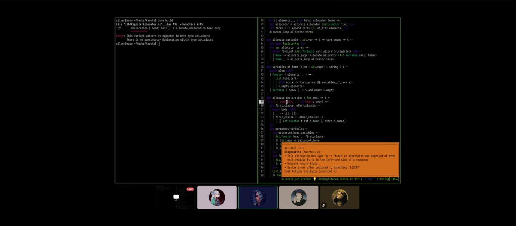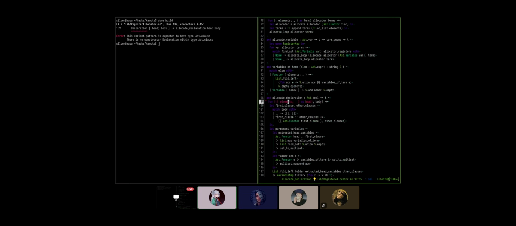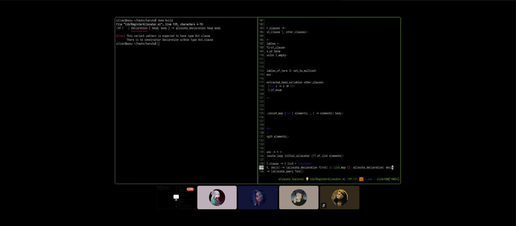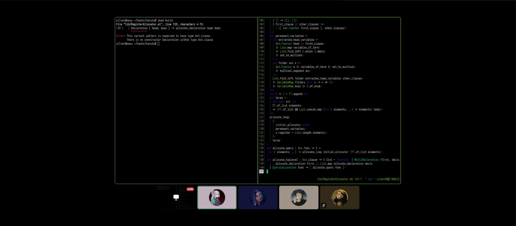Something's wrong. Is this messed up? It looks messed up. Oh, actually, head equals this. Now it works. Wait, no, that's correct actually. If you want to call the head as well, I think this is okay. And now this is wrong because you need to pass the first in there. And this is just map allocate declaration. There we go. And this is not great.